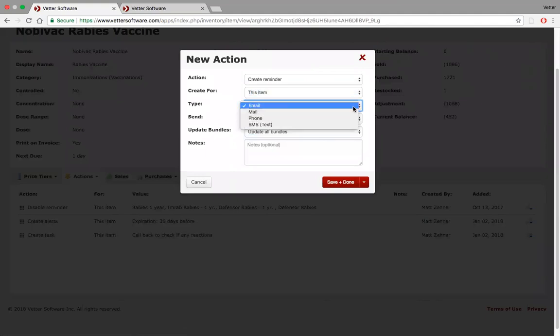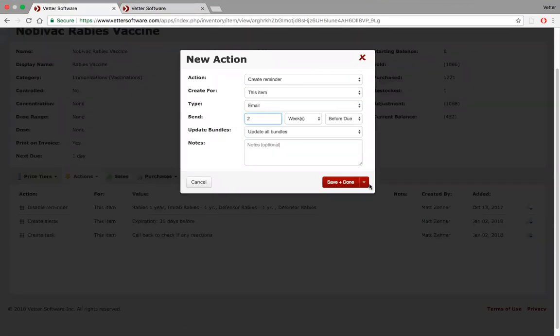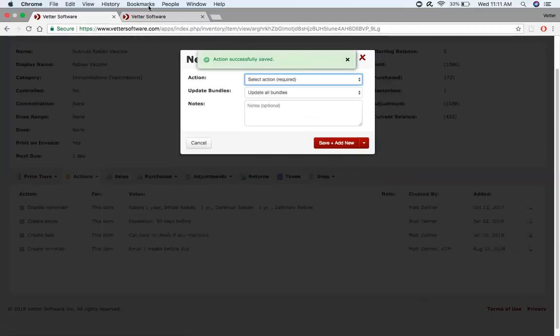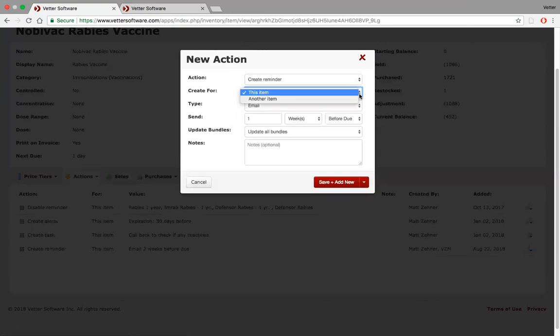And I say here, oops, sorry, my mistake. I want to do it by email, mail, phone, whatever. I have a 1 week prior default set up in settings. If I wanted to make it 2 weeks prior, and so they get 2 reminders now, not a problem. And in fact, I find these vaccine reminders so important, because compliance matters. I'm going to also send them an